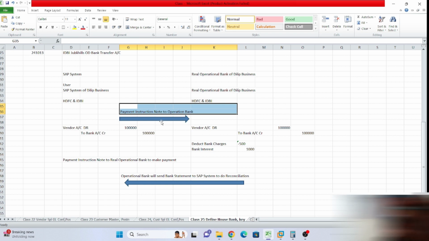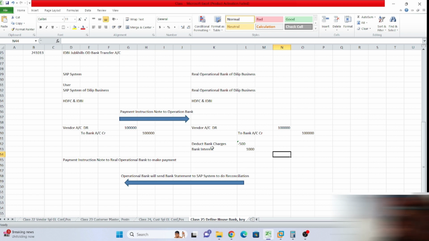After that, in general, the bank people will send the reconciliation. In this quoted example, we know there is a difference between the SAP and the bank system. In general, at month end they will send it, and we should tally whether it is matching or not. Suppose in some month there can be a possibility